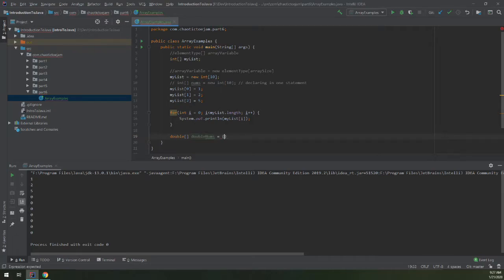equals curly bracket. And then you can do 1.9, 2.5, 7.6, 100.1. This automatically sets up your array for doubles, and then you don't need to write new double, in this case, 4. So this initializer is equivalent to saying double